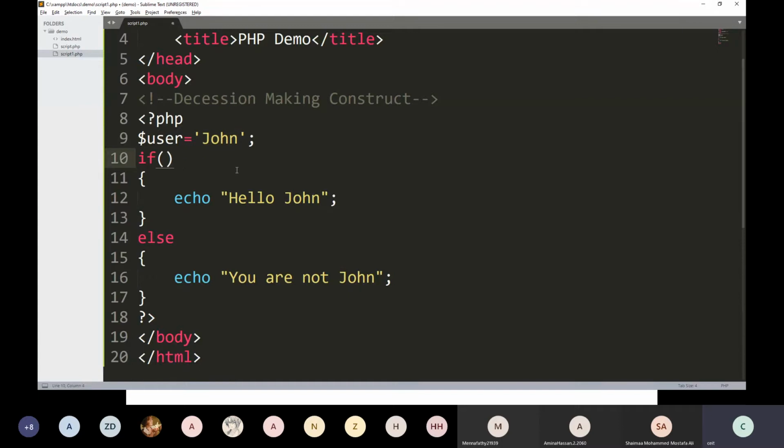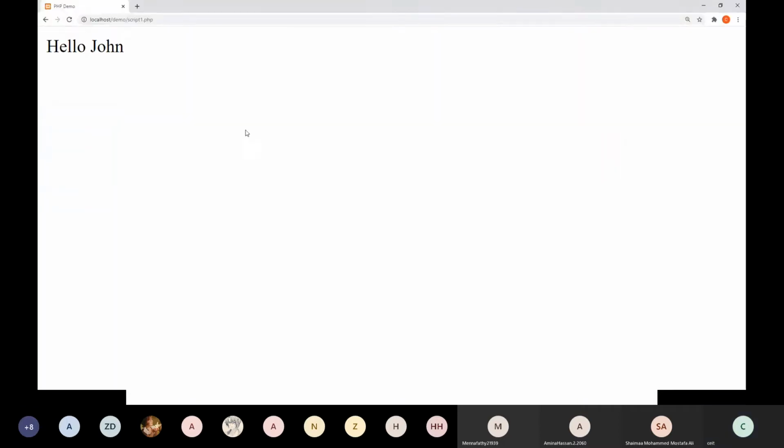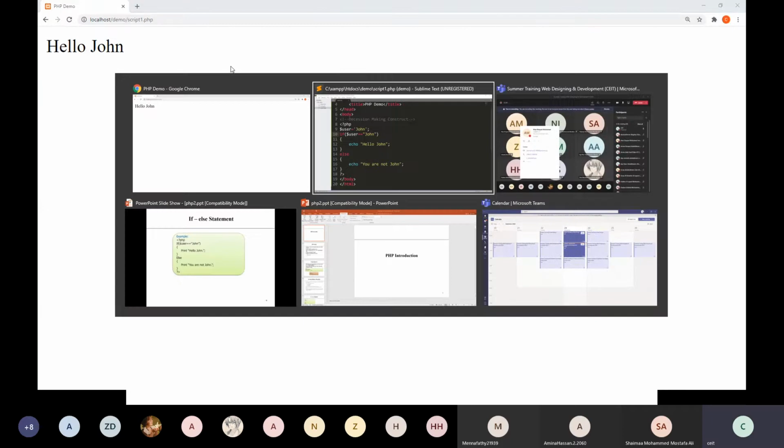If you want to write the condition here, then user equal to John. Now it will compare whether this variable has the value John or not. If this variable has the value John, then it will print John.